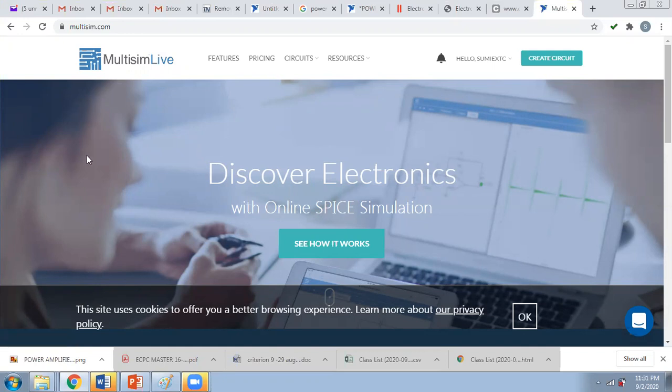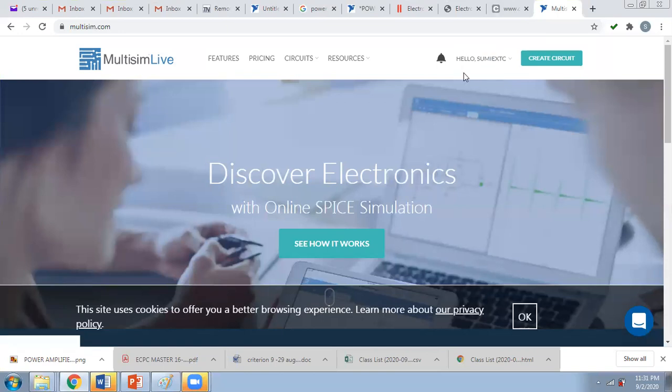In virtual lab the experiments are fixed, but in Multisim you can create any circuit whatever you want to design. So first of all, you have to go to multisim.com. In multisim.com, my account is already there. Otherwise, you have to sign up for an account. When you sign up, a notification like this will be there. Suppose I have written the name Sumi EXTC, so it is showing hello with this name.